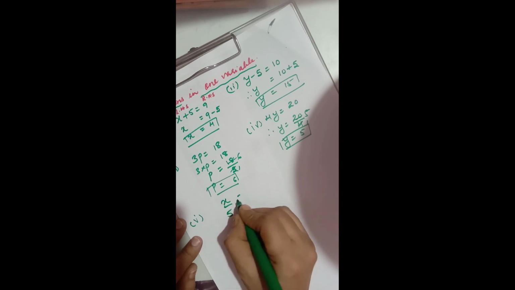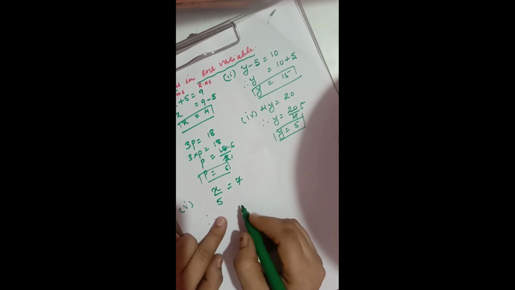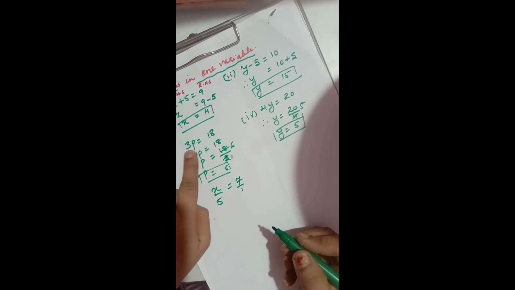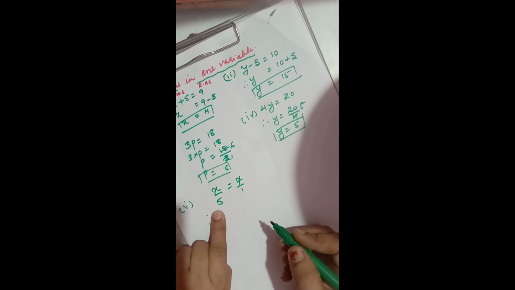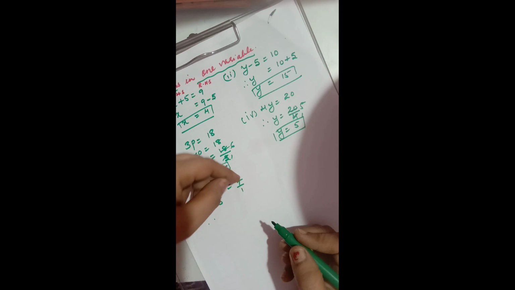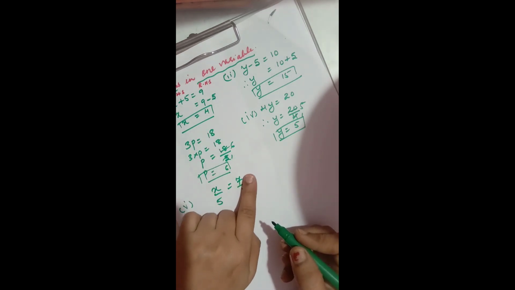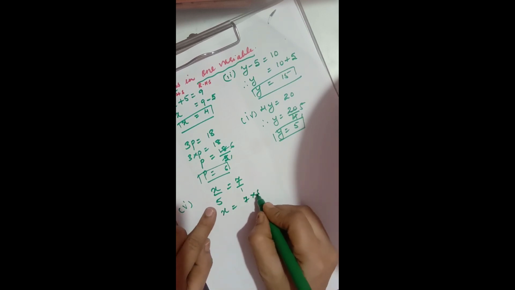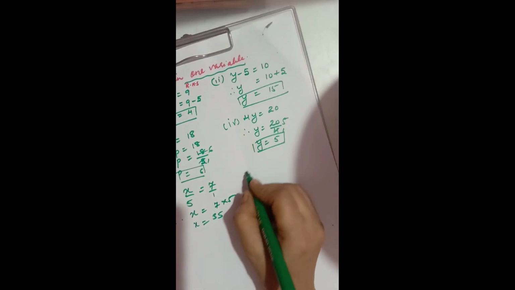x upon 5 is equal to 7. Now see children, here x upon 5, now 5 is in the denominator, so this we can write as 7 upon 1. Now in the previous case, the number was in the numerator. Here the number is in the denominator. So when you shift this number to the other side, if it is in the denominator, it goes up in the numerator. That means it will become cross multiplication. 5 into 7, it will become 7 into 5. So this becomes x is equal to 7 into 5. So x is equal to 7 fives are 35.